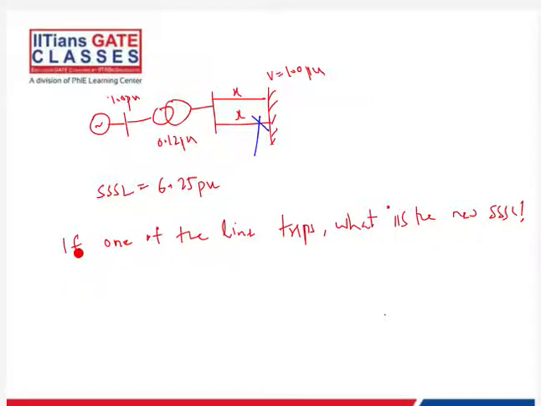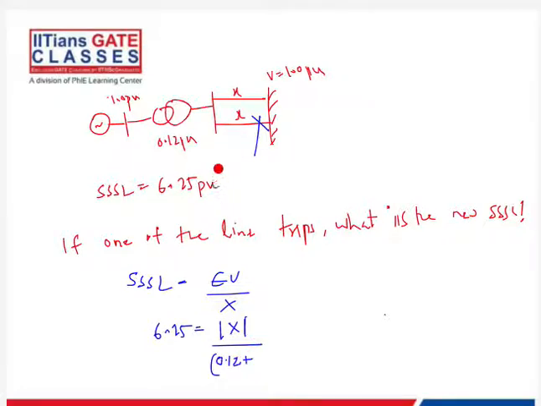So 3.12. Okay. Let's see. So what is SSL? It is EV divided by X, right? So what is given? It is 0.25. E is 1, V is 1, and what is X? X is basically 0.12 plus these two in parallel, so that will be divided by 2. So if you substitute this and rearrange this, you will get